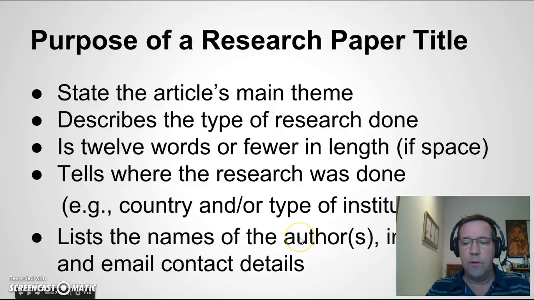List the names of the authors. You might be the only author, but you might be writing your paper with another person. So you need both authors in your title, not just one. They must be people who have written the paper with you, not someone else, not your mentor or somebody like that. Then the institutions, where are they from, and their email contact, because the committee might want to contact you and ask you some questions before they put your paper into the LEIA journal. So it's very important to have contact details in the title.